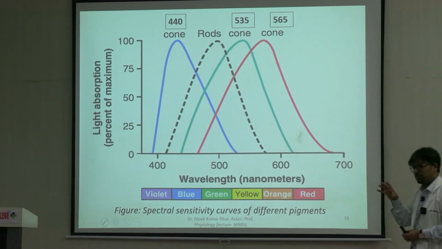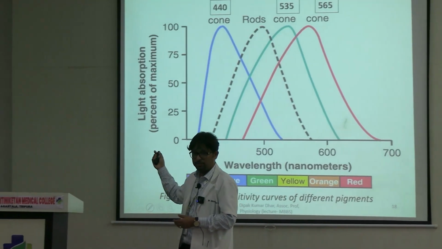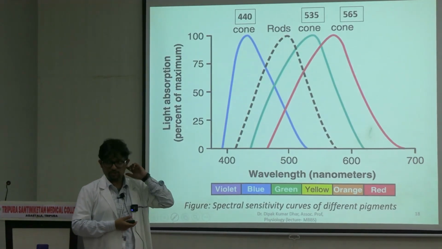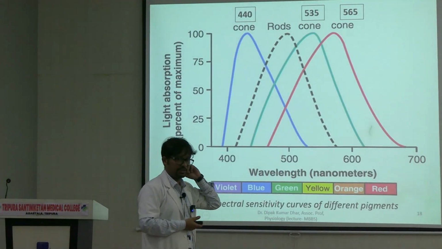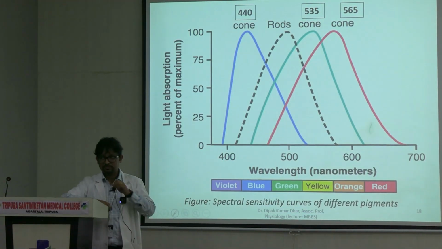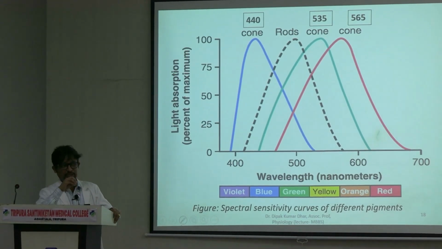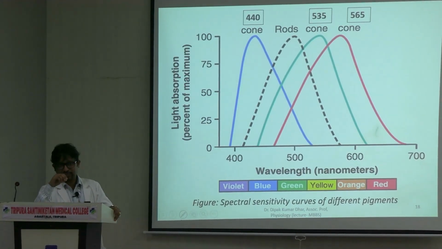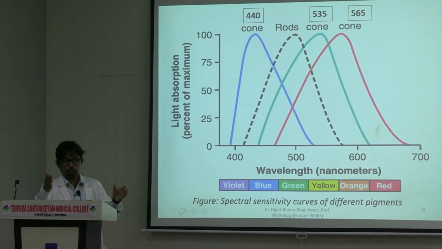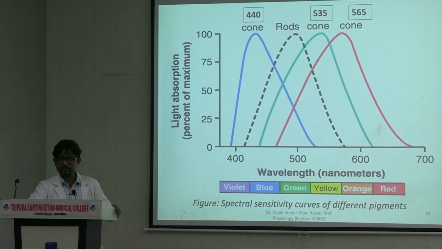One more property that you see here, if you see the y-axis, I have not written sensitivity here. तो ग्राफ में जो आपको दिख रहा है, that is light absorbance patterns. So not only are they highly sensitive here, absorbance also is maximum. तो इसी wavelengths पे they are most sensitive, and they are able to detect and respond to intensity of light. Absorption उनको उसी wavelengths पे ज़्यादा है.